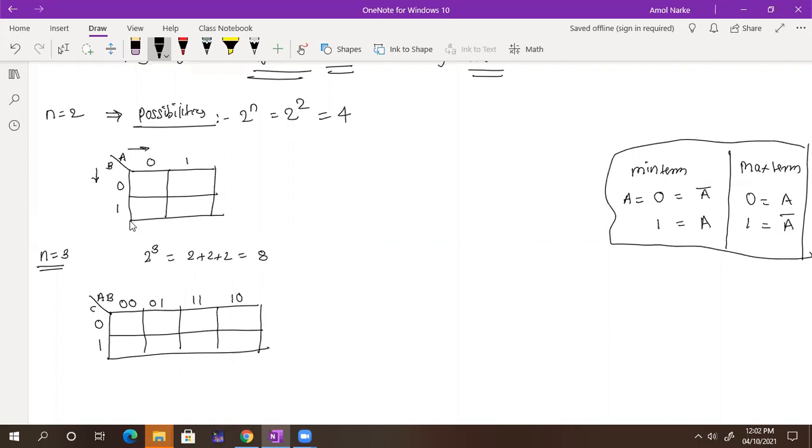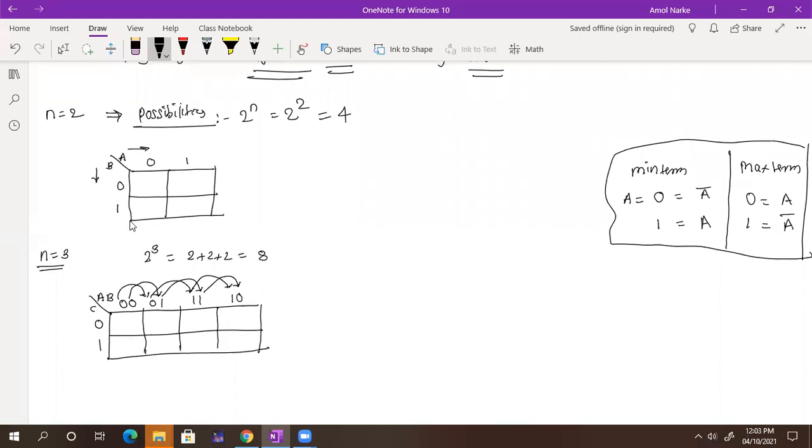That is the way. Now someone says why is this so? Okay, I will explain that also. See what happened in the Karnaugh map. If you go from one cell to the next cell, only one change is possible. See here we have initial 0, so if 0 remains 0 as it is, and only one change, 0 changes to 1. This is only one change possible. Here also see that 0 changes to 1 and that 1 remains as it is. And again here 1 remains as it is and 1 changes to 0. So this is only one change.